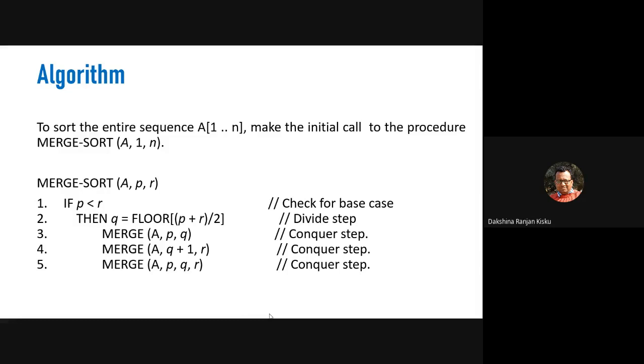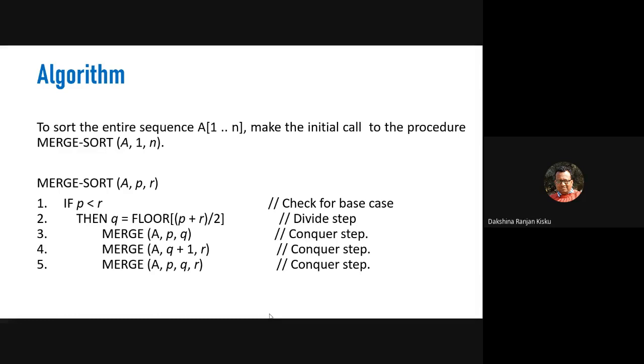That means in this step we divide the array into two equal halves by obtaining the halfway point or halfway element q. In the third step we apply the merge operation. This is part of the conquer step, and the remaining two merge operations are also part of the conquer step. Here we merge the two sorted subarrays to obtain the sequence, and that will be taken back into the original array.